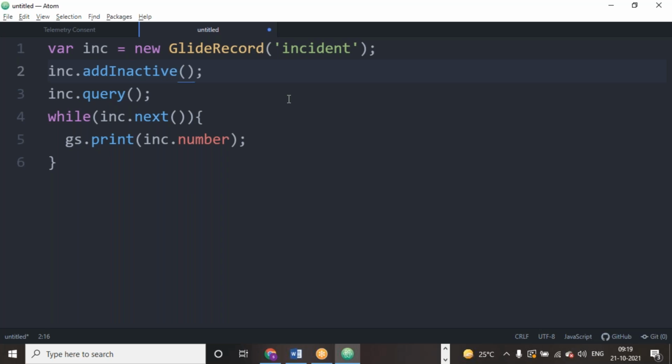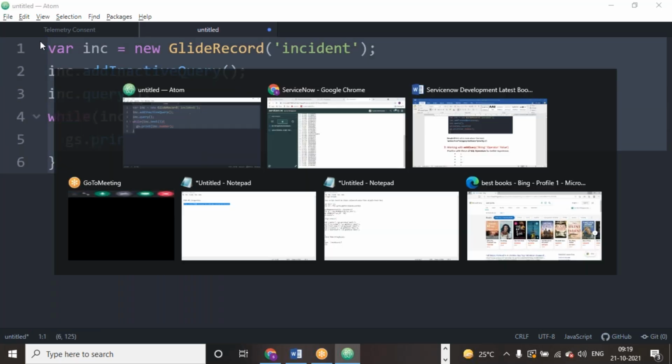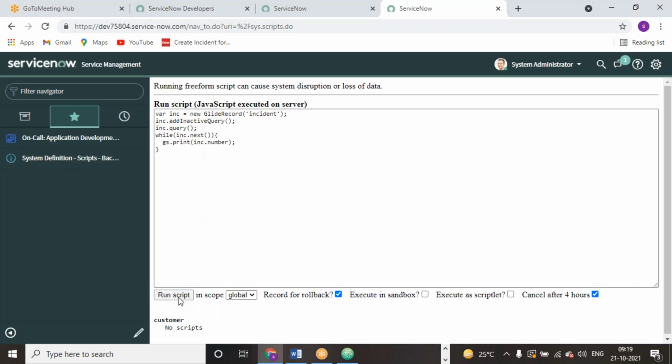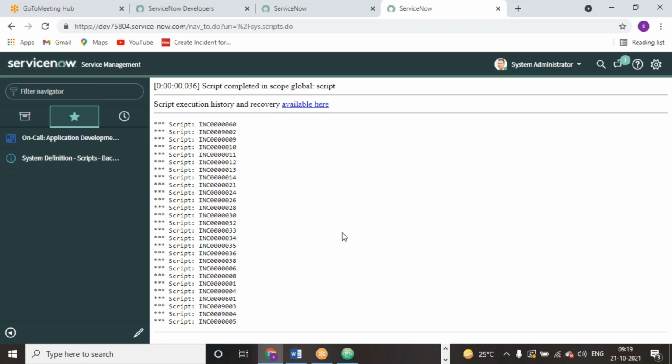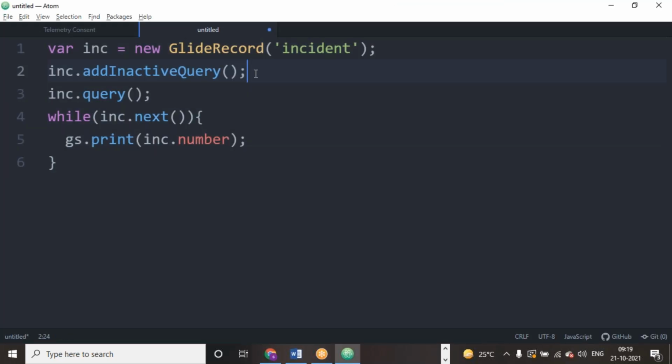Add inactive query. Inactive query is used to get only inactive tickets from the respective table, where the state is either closed or cancelled. These are all inactive tickets. So directly you can get the inactive tickets or active tickets, and sometimes you can